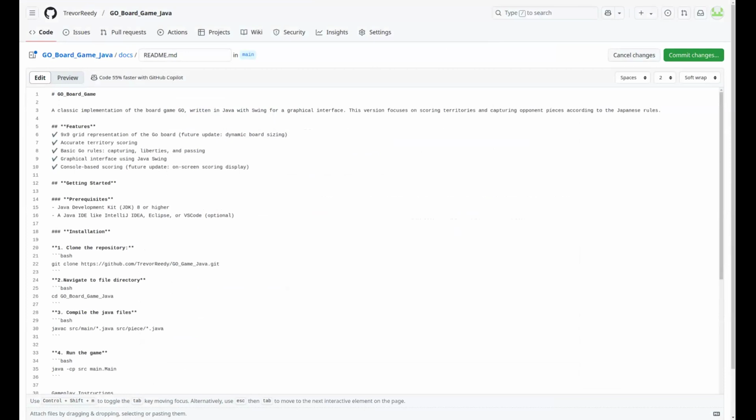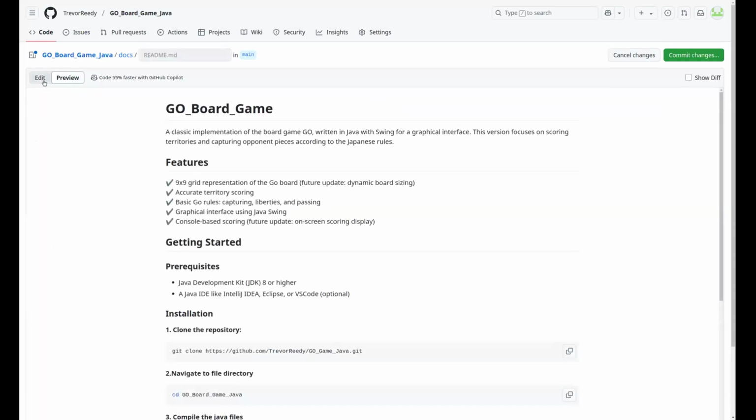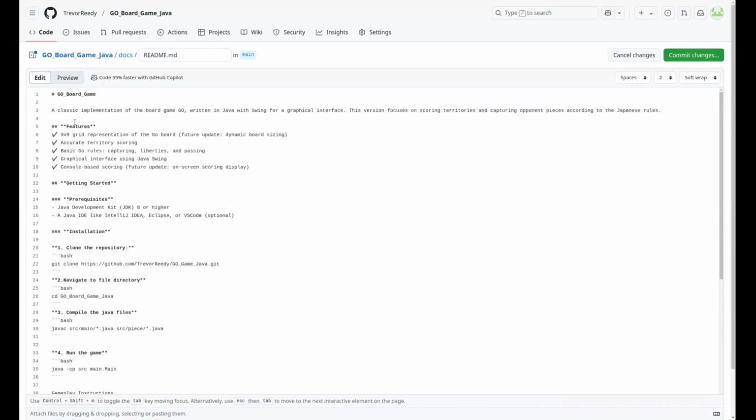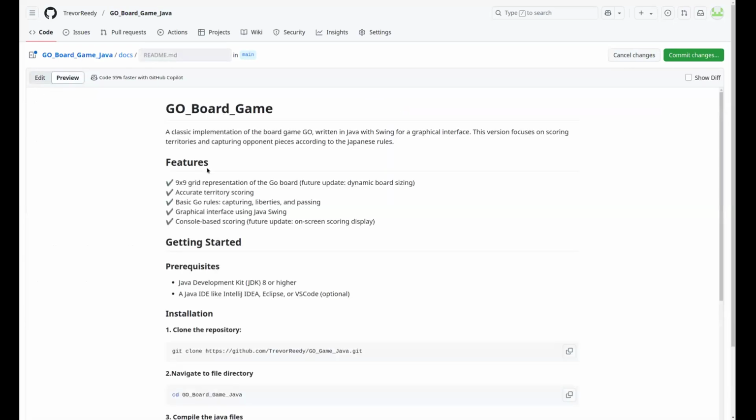So one hashtag is the biggest, and I believe it goes up to 6, which will still be heading text, but much smaller. You can see down here, Features is just a little bit smaller than this Go board game. This allows it to give a really structured look instead of just a text file explaining how to do things.